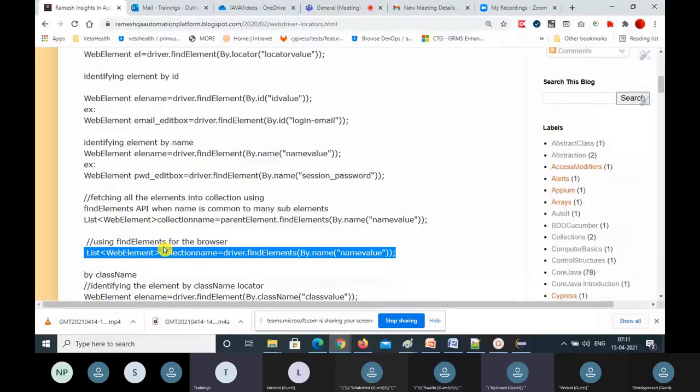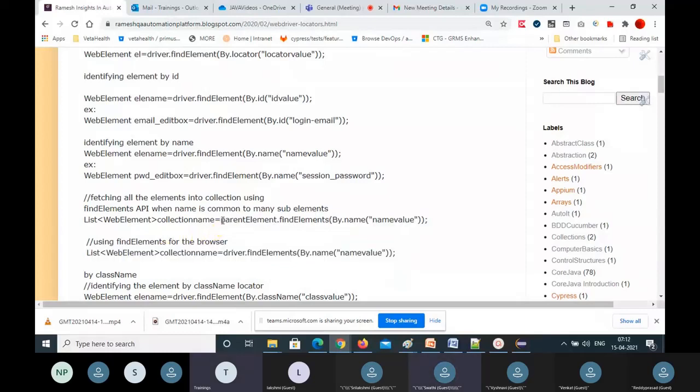Oh, that is correct. And the first one is using the collection, sorry, elements in the list. The first one is a particular element inside sub-elements. Inside the parent element, you are gathering all the elements. You are collecting all the elements. That's what parent element means. This is the parent element you already identified using this syntax. First, you have to do this step.